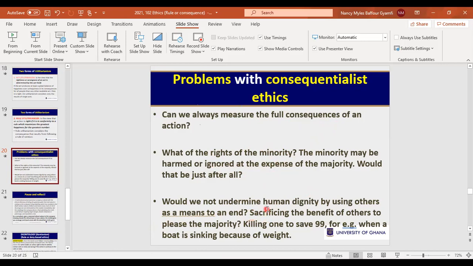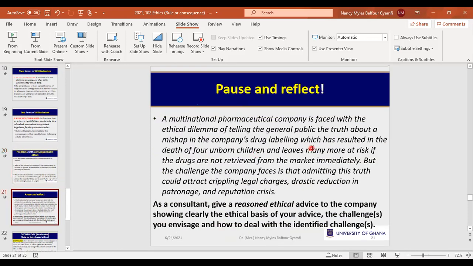If you are the type that says the end will justify the means, then careful, you are speaking consequentialism. Are you able to defend that in all contexts? Should we use humans as means to an end? Questions for you to reflect on. Now pause and reflect. There comes our business ethics. You know the broad principles now. You can apply them to different contexts, but we are going to apply them to a business setting.